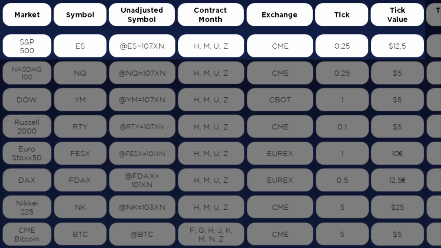Fourth column is the available contract month. For the S&P, it is HMUZ. Fifth column is the exchange the market is trading on. S&P is trading on the CME. The sixth column is the tick increment. S&P's tick increment is 0.25. Seventh column is the tick value. S&P's tick value is